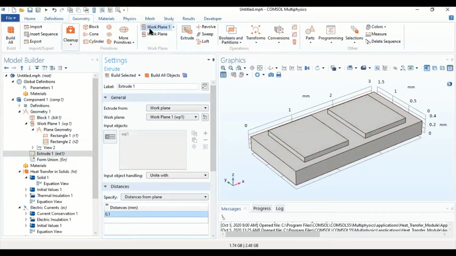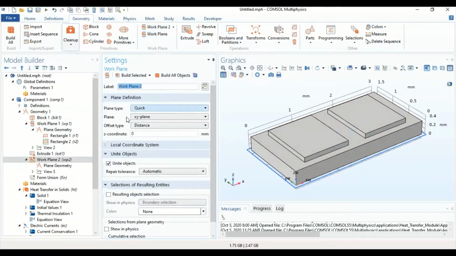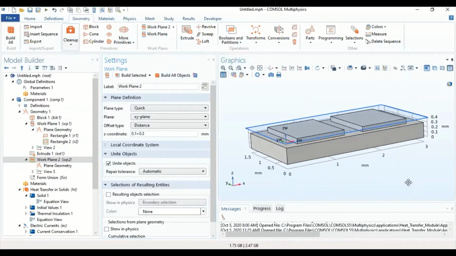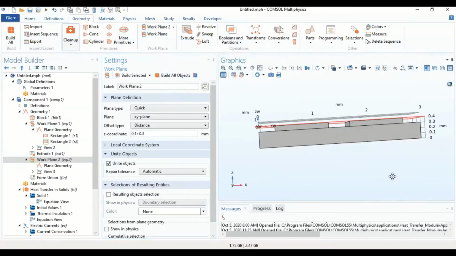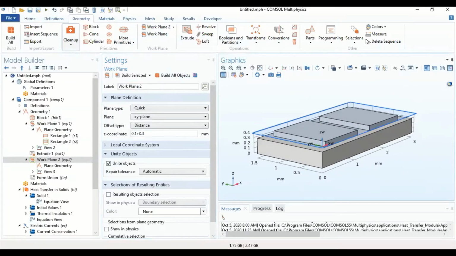Next, I can create another work plane to draw my two piles. In this case, the z coordinate is going to be the 0.1 from the thickness of the second plate plus 0.3 from the thickness of the first plate. So as you can see, it's just on the top of the terminals. My pile dimensions